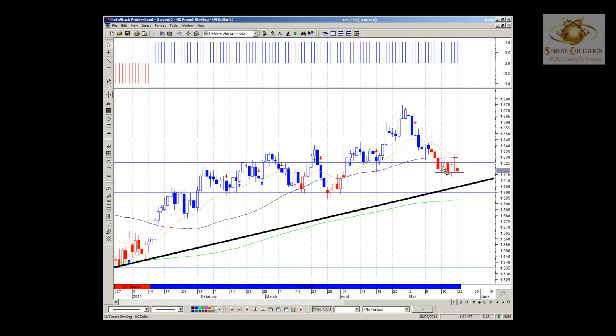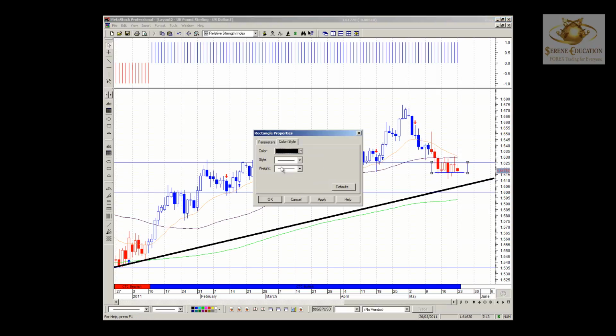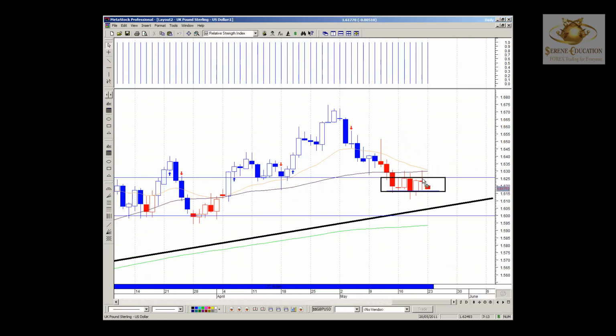Oh, sorry, 1.6250. And you can see the 50-period moving average is it, but you'll notice that the wicks are all happening below the 1.6250 mark, and in doing so, it's consolidating. It's trading in a box type thing. So why not? Let's box it between 2 points. What we want is obviously to see a clear indication of movement. So ideally, if we saw a nice juicy bearish engulfing candle to the downside, then obviously it'll have taken out all of this